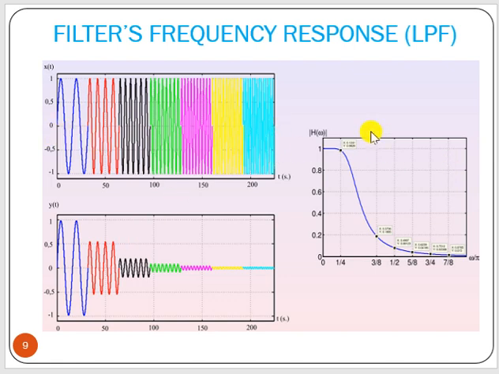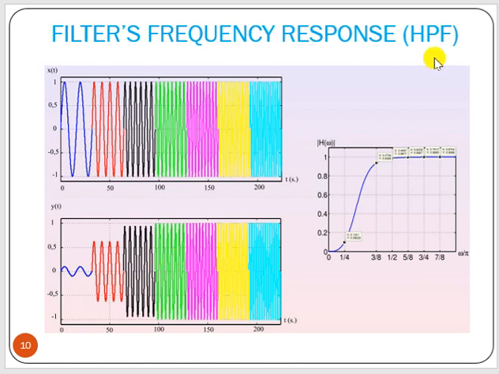If we apply a low pass filter, it will allow only this blue section, and it starts attenuating the red part. The magnitude is this much, but here it weakens to almost 50% and less, and again less, so it is blocking the other part.